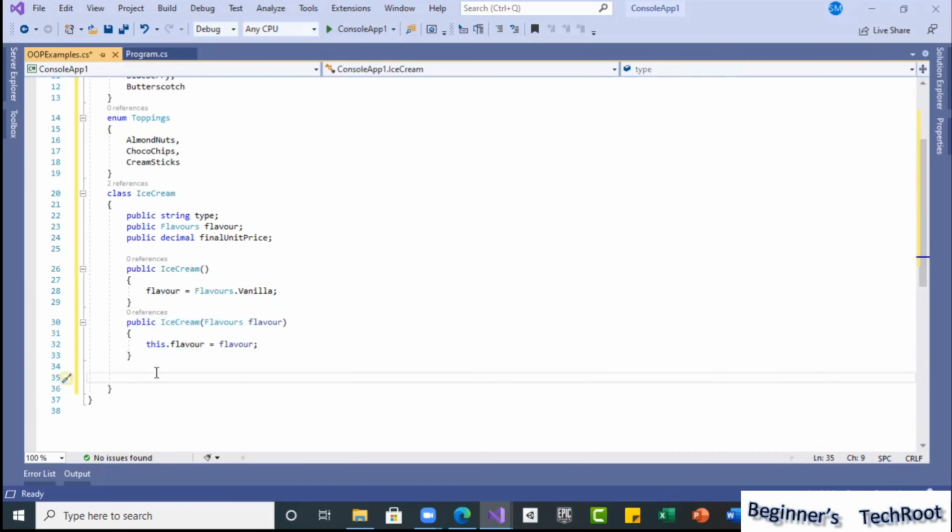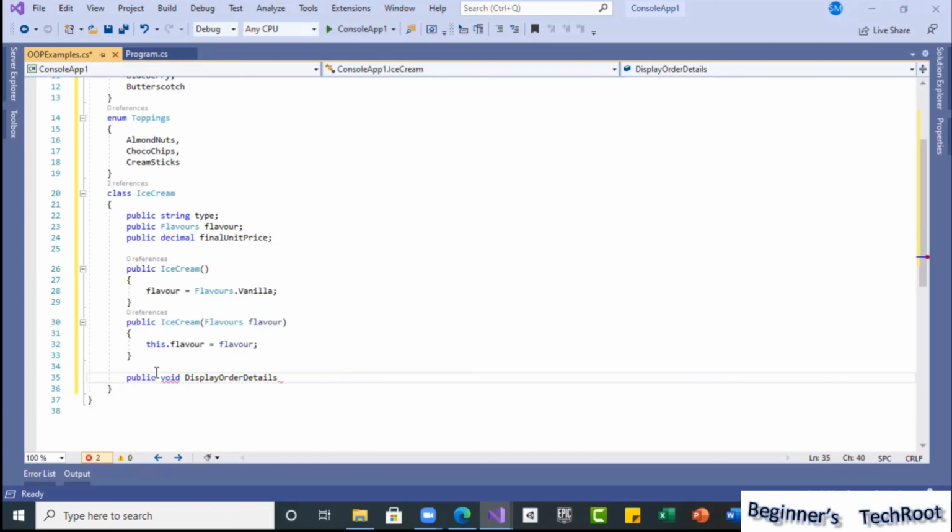Now in the base class, we can even have a method for displaying the data, whatever basic data is available. So I will make one method, void. No return type, it's only going to be used for display. Display order details, like that.